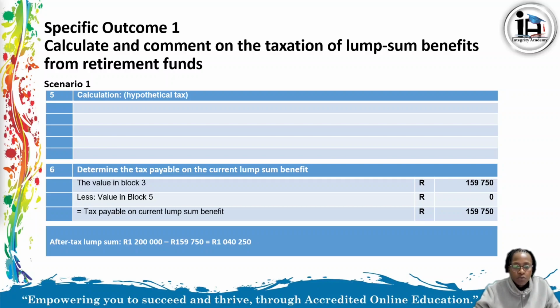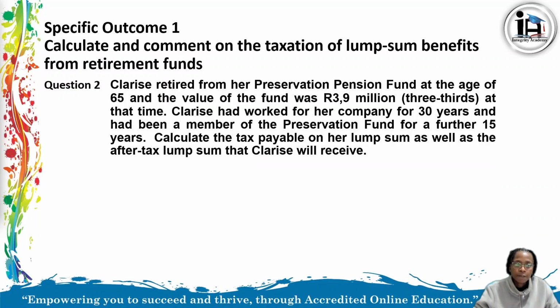After-tax lump sum will be 1,200,000 minus 159,750, which is 1,040,250. Question 2. Clarice retires from her preservation pension fund at the age of 65, and the value of the